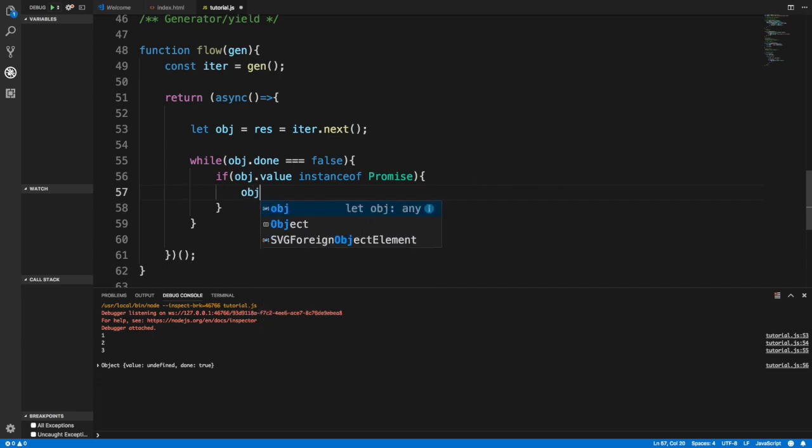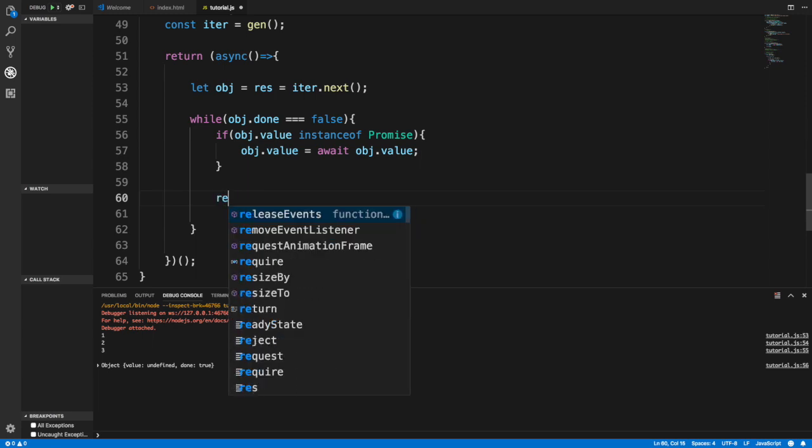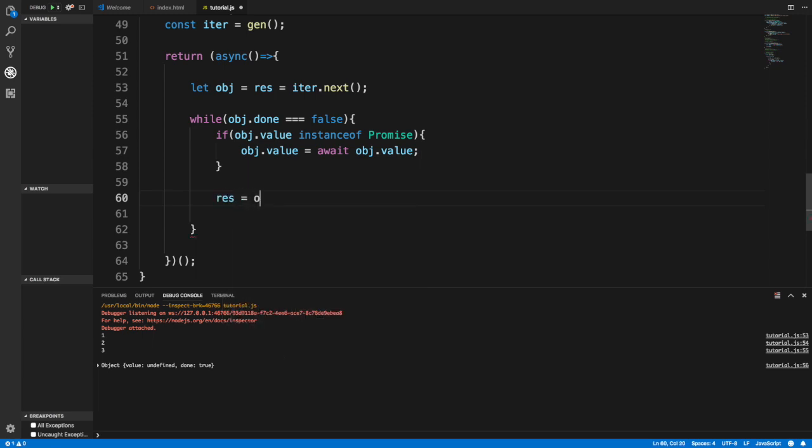So at this point, we're going to re-update the value. I'm going to say await obj.value. And at that moment, we're going to save that updated object into res. Why? Simply because remember, we're going to keep looping until the value is undefined. Well, if obj is now undefined, we kind of just lost the results, or the value that we actually want to return. So here I write obj